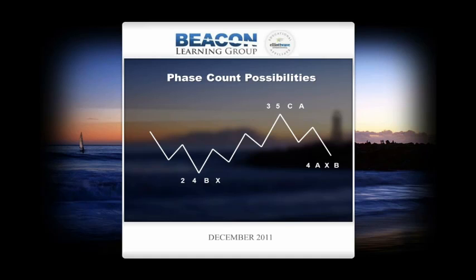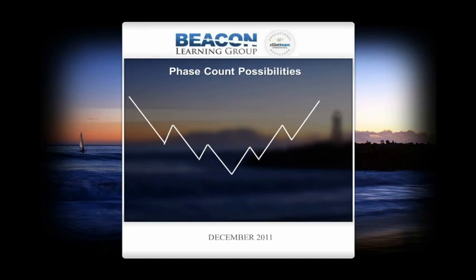I find in working with people, the people that spend the time going through some of these basic patterns and developing the skill of being able to predict what is coming up in the future become very successful traders. Here again is another possible wave count. Of course, in this particular situation, we could have a C and a 1, or a 5 and an A, or possibly a 5 and a 1 in a turnaround market. Again, you start adding waves to this, and pretty soon you'll start eliminating some of these possible counts, and it gives you confidence in the next wave that will be developing.